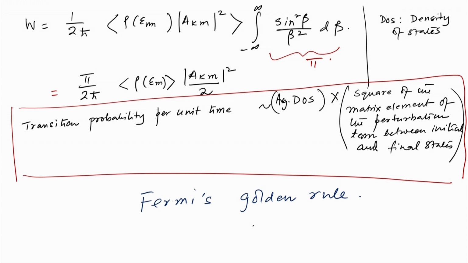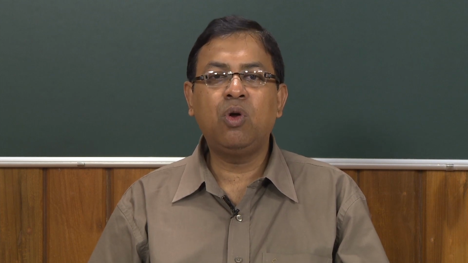All right. So, this is Fermi's golden rule, and it is applicable to a variety of situations, especially, say, the ionization of the hydrogen atom in the ground state. When the electron in the hydrogen atom is in the ground state, and it is somehow given an energy equal to 13.6 electron volts, that is the magnitude of the time independent part of the perturbation, the matrix element AMK. If that is of the order of 13.6 electron volts,